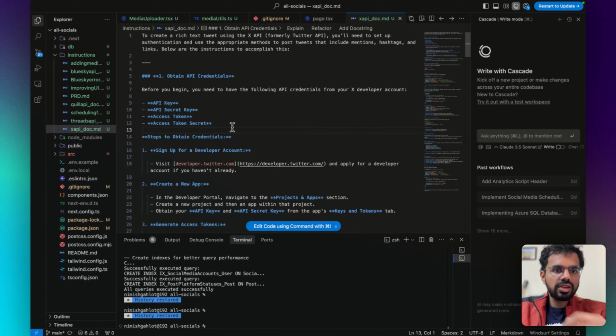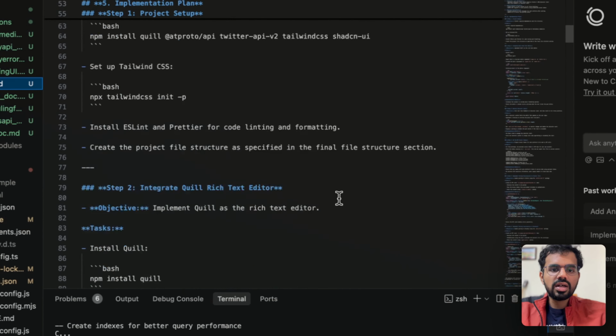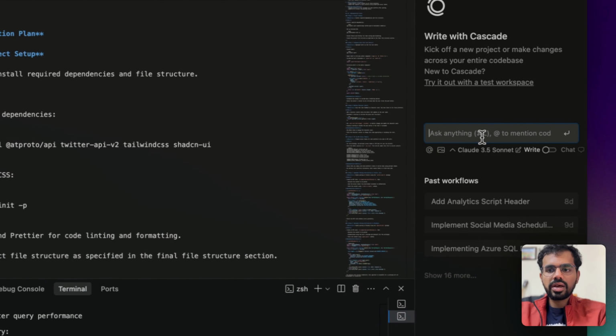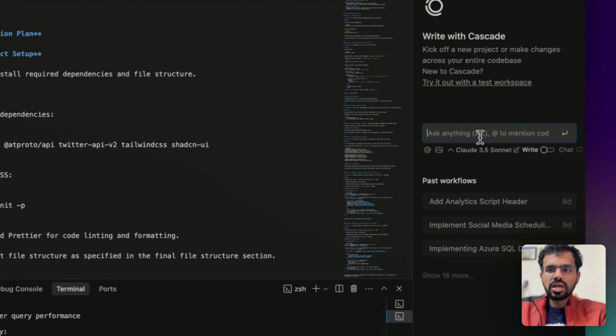So from this point onwards, while I'm executing on this PRD and the project, what I basically have to do is understand where we are. For example, if we are at step 1, I will just come onto the chat window over here. I will mention, please go through the PRD and execute step 1. Once it goes through the documentation, it would know what step 1 is. And apart from that, you will also have to reference the required documentation apart from the PRD.